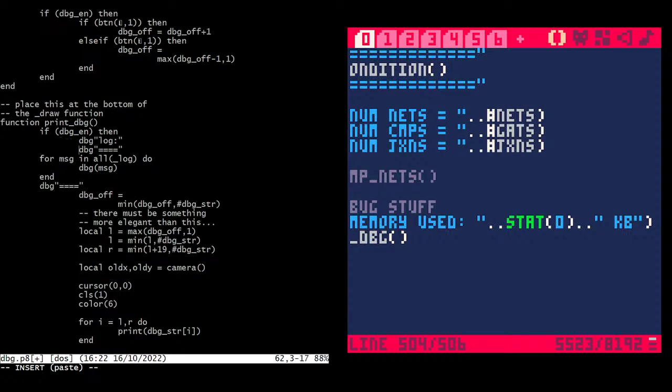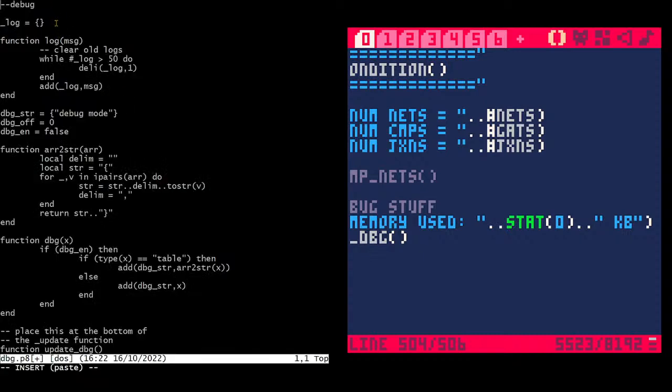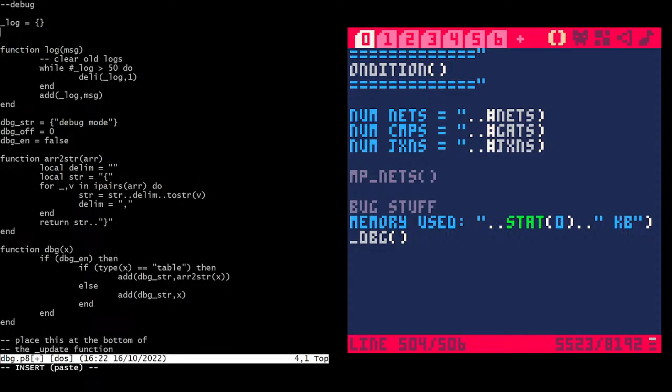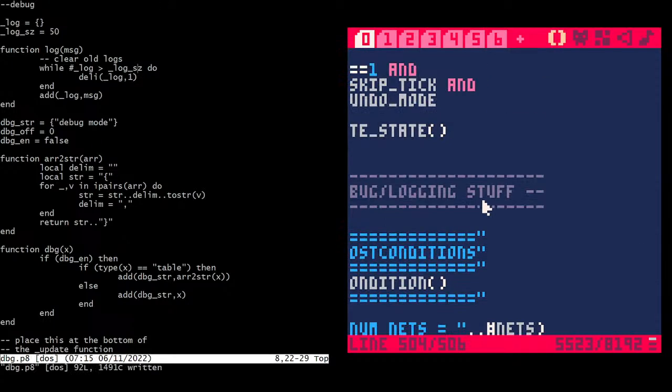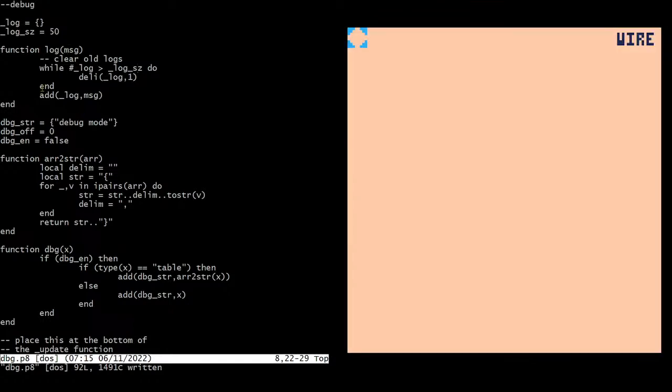I forget how to use the block cursor in Vim, so you'll just have to tolerate me doing it like this. And one last thing, it is useful to be able to crank up the log size. So we will do log size is equal to 50, and then we can change this. Alright, now let's see if we broke anything. Yeah, I think it's fine. Yeah, I've been wanting to move that into the debug here